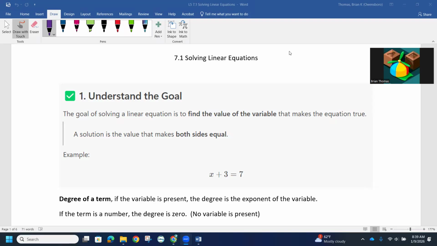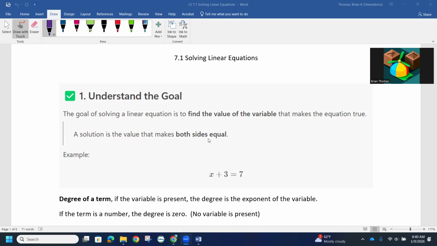So we want to go through an exercise of just solving some basic, what we call linear equations. Again, the goal to solving any equation, and in particular here, a linear equation, is to find the value of the variable. Remember, the variable is an unknown that we want to make the equation true. A lot of times you hear the phrase solve for x, or in our assignments, you may have other variables besides x. So to find the solution, what that means is the value of x is going to make